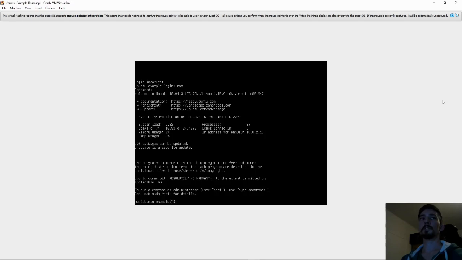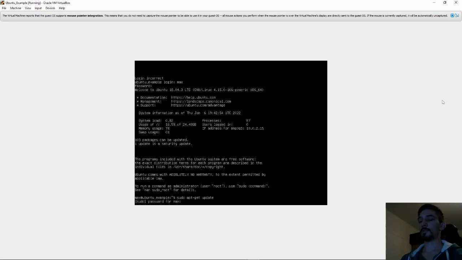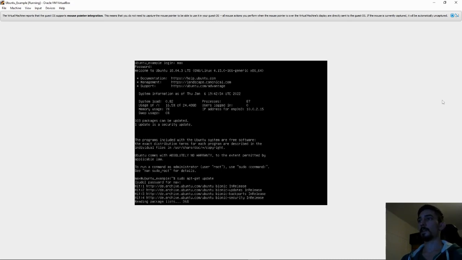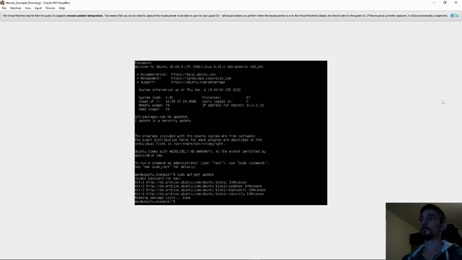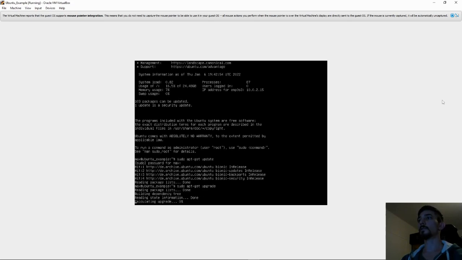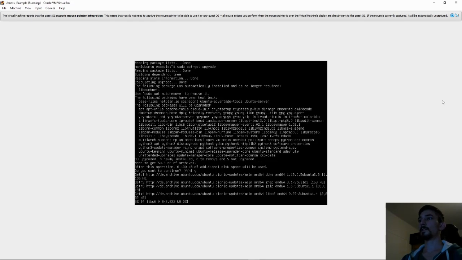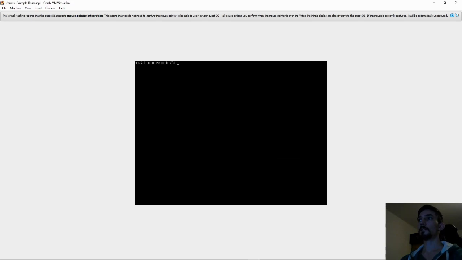And now, the first thing we should do is tell the package manager to update the package references. That's what we normally always should do when we install a system here, and then we're going to upgrade all the packages that are already installed. So now that the packages are up to date and upgraded, we can continue and download the latest repository for